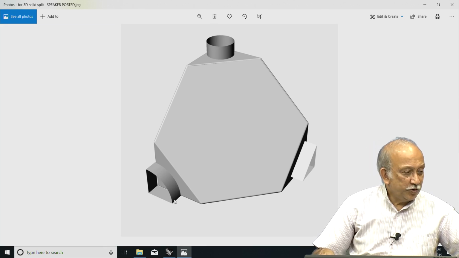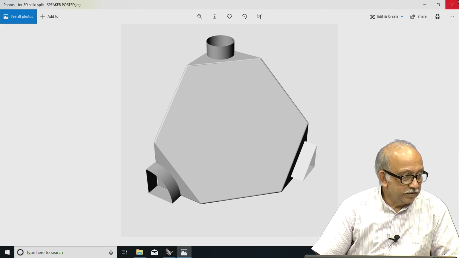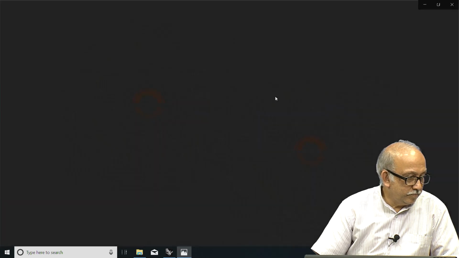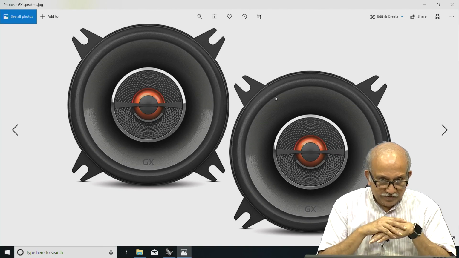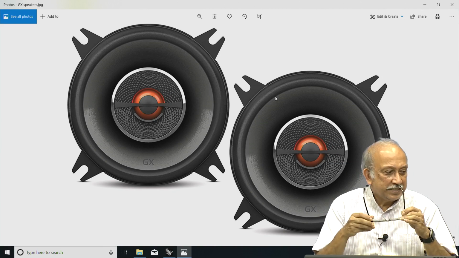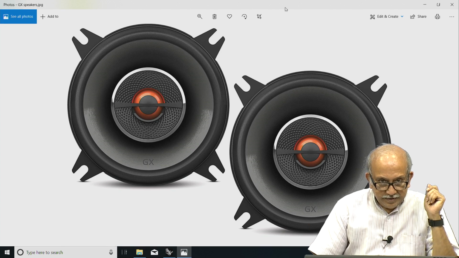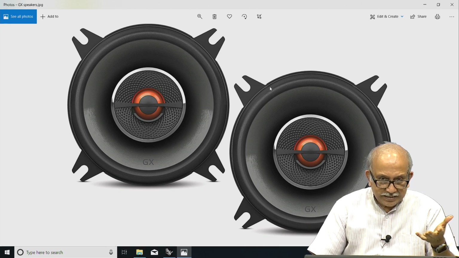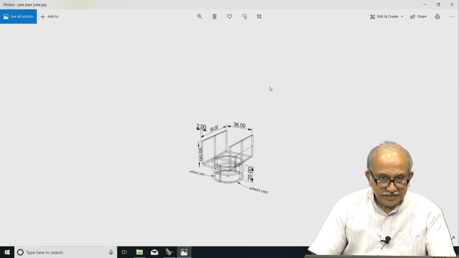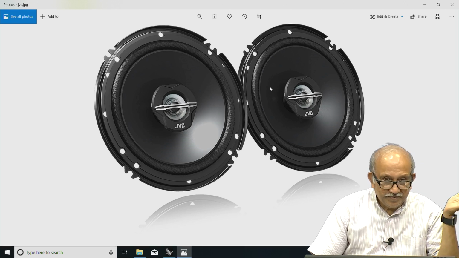So, let me go out and then I have these beautiful speakers. At the moment, let me not talk too much about it, except saying that I need to have mounting, and they are coaxial and probably quite powerful.